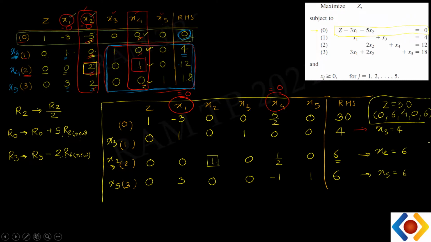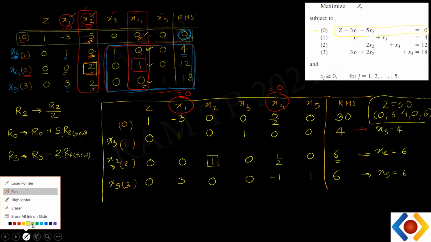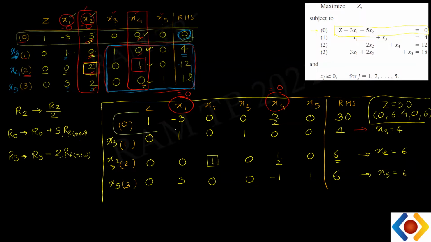Now the question is: is this an optimal solution? The answer is no. And for that, pay attention. You don't need to think much. You just need to pay attention to the row of Z, the 0th row. As long as you have a negative value in this row, you still have a chance for improving. Are you understanding my point? This -3 is telling me that I can increase the quantity of x1 and further increase